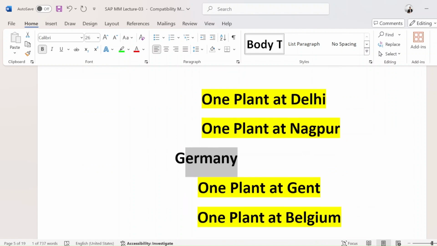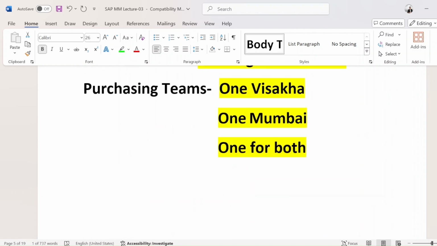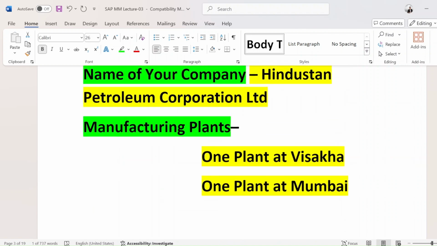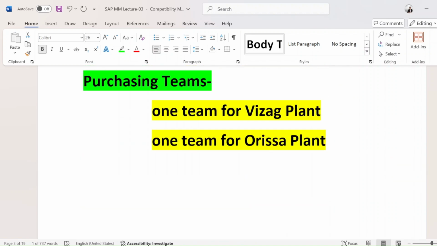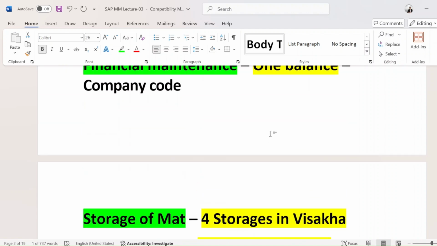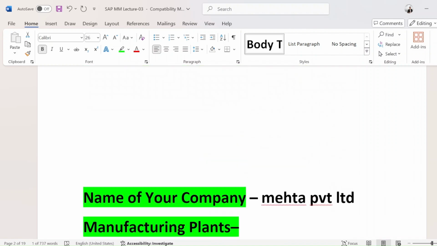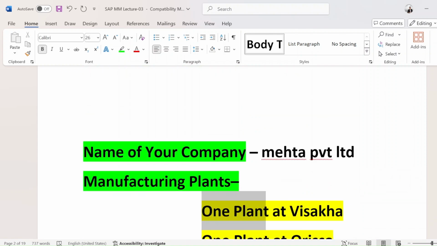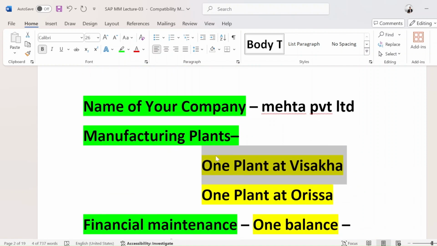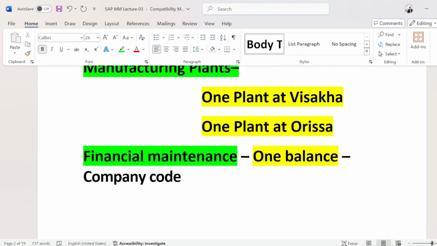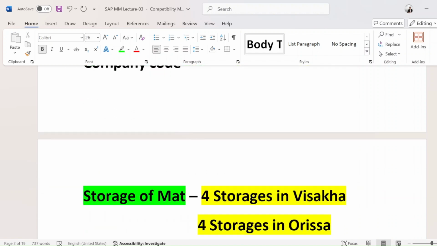What you need to do is create this in a Word file for at least five enterprise structures, like five companies. You can research from Google, or you can also take your own. You can take your own name itself, like Mehta Private Limited, and maintain how many plants it has, like one in this province, one in that province, two plants, and how many balance sheets it will have. This is your assignment.